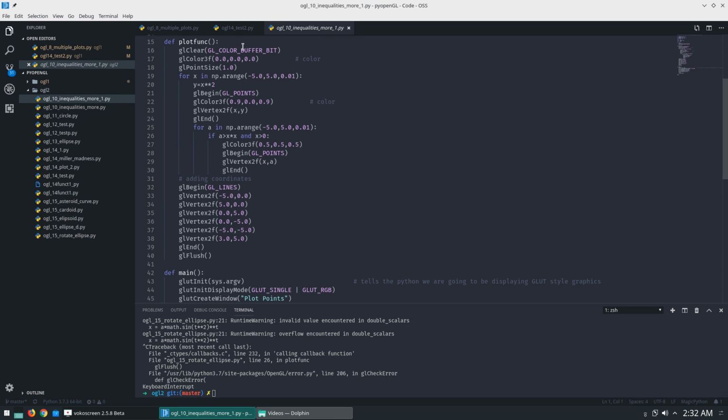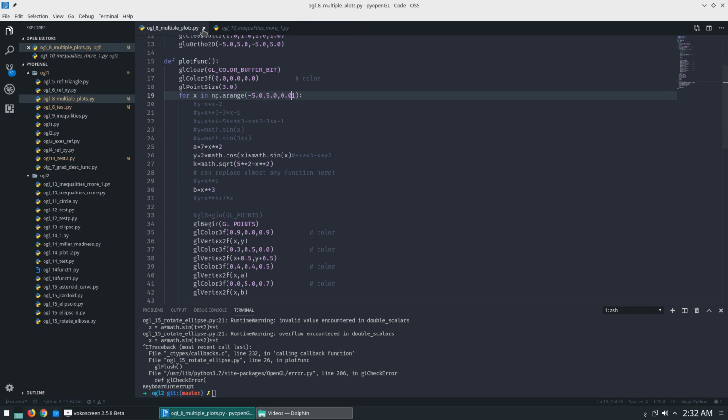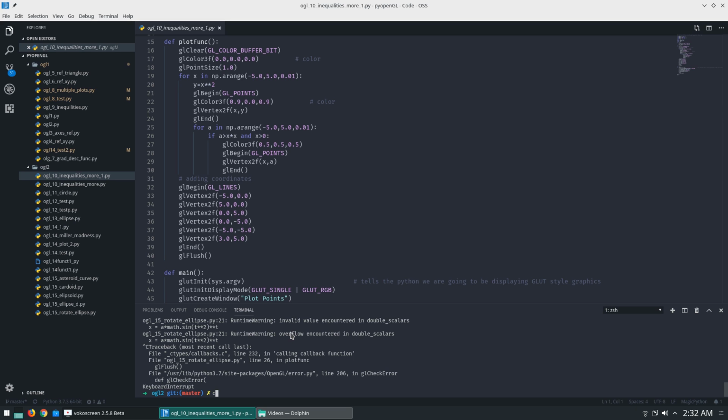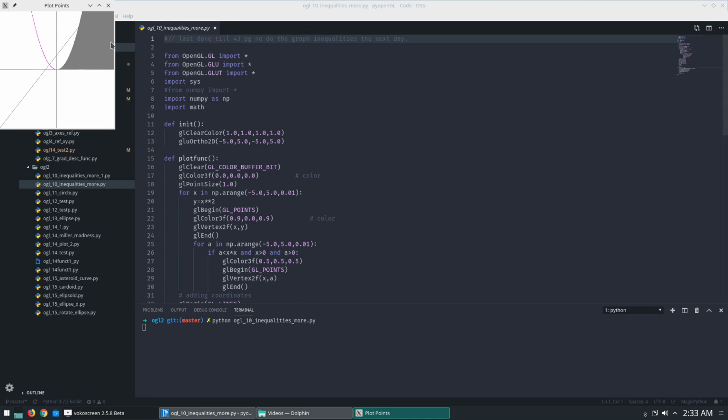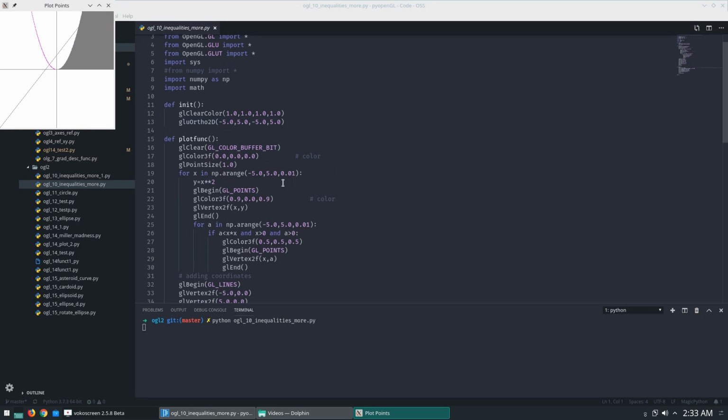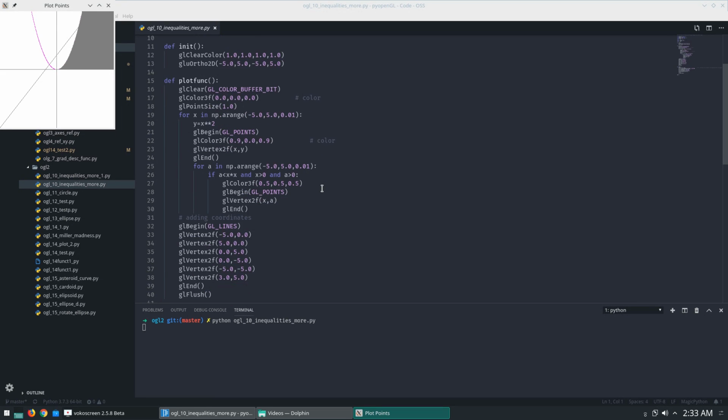So now I will go through some walkthroughs of some OpenGL problems. Firstly, let's do the inequalities, which we were doing, and this will be the simpler inequality first. So this is the simple inequality, and what it is doing is it is going from -5 to 5 with a step of 0.01, and